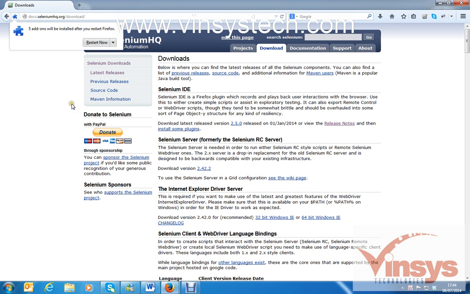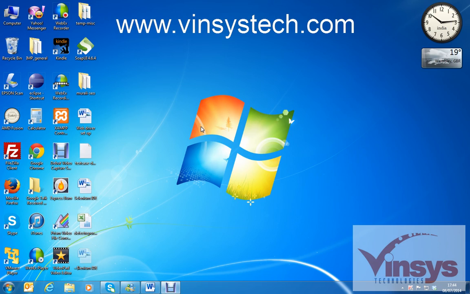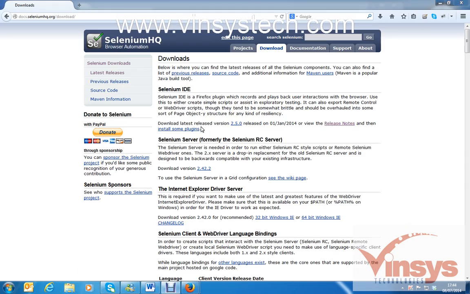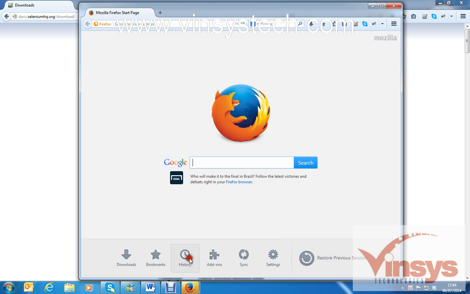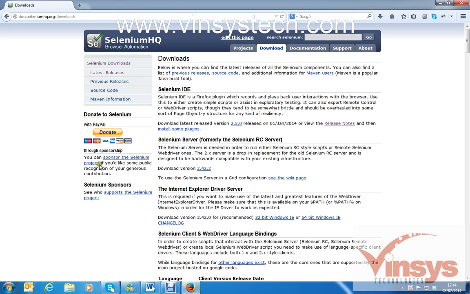To make the IDE take effect in the Firefox browser, click on restart now. Okay, right, so now you can see the Selenium IDE icon here. Click that icon.